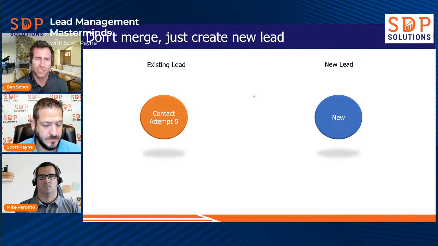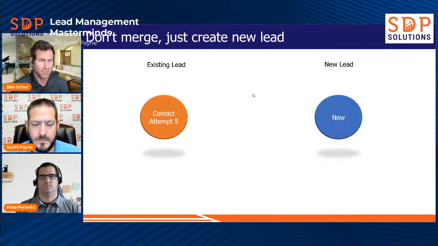But even though there's a match, for some reason you decide that you want to keep these completely separate as 2 different leads. It's the most simple approach in terms of cleanliness, right? You've got 2 leads. Each lead came in from each different lead source, whatever it might be, but it's 2 separate leads and they're going to be treated as 2 separate leads, plain and simple. Mike, anything there on where you might see companies want to do that?